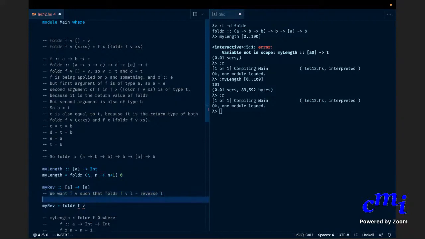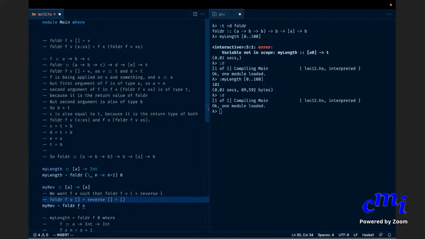Okay, let's figure out. foldr f v empty list is what we want it to be, reverse of the list, right? So reverse of empty list, which is nothing but empty list. So what is f? What is v for you?